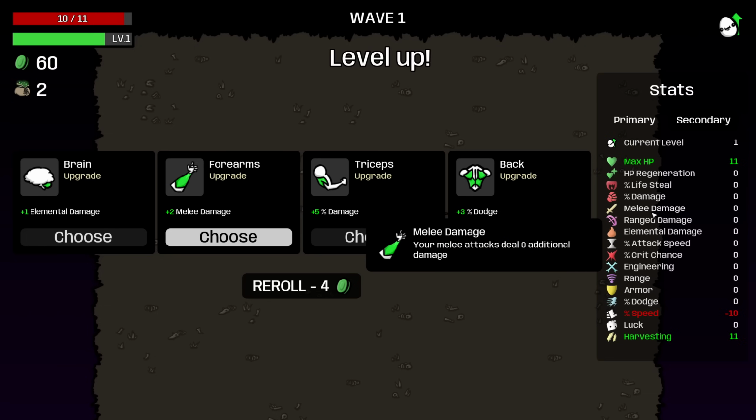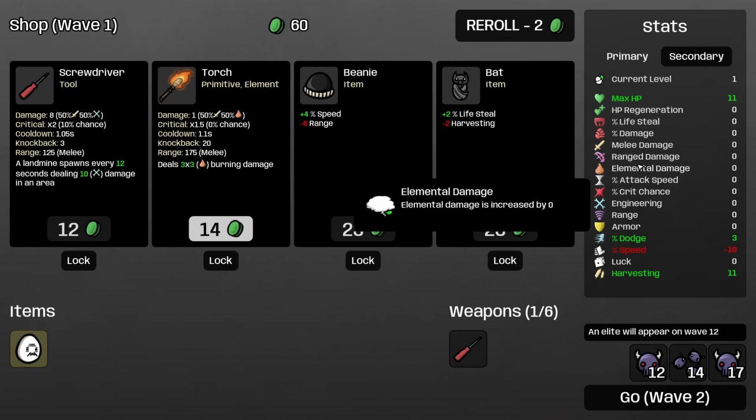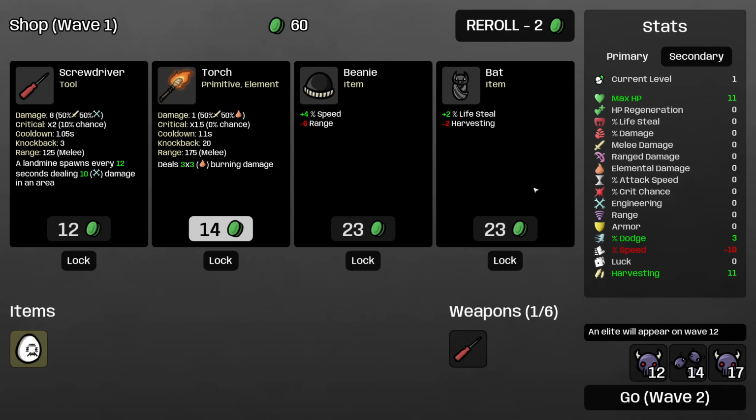Up until the mid-game, a big chunk of our damage will come from just our Screwdriver attacks. So while these things will not affect the damage of our landmines at all, they will help us clear just with our attacks. I think actually I am just going to take the dodge, though, because we will want to build defensive stats eventually. That was unfortunate that we rolled twice and didn't see any harvesting,